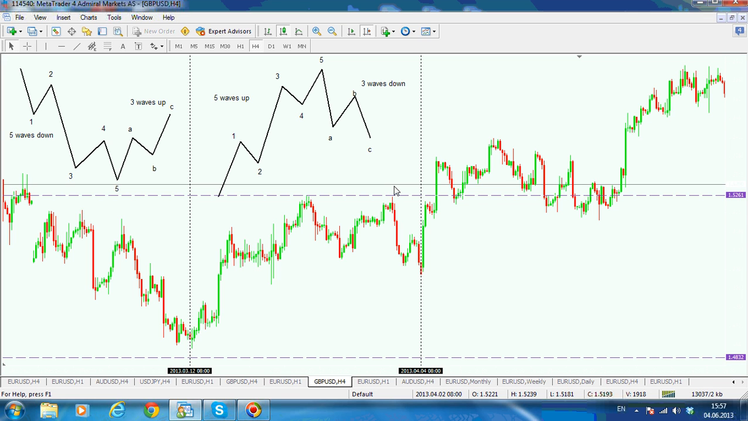Now, this was only the first recording from the first subchapter, and starting with the second one, we will try to look at different examples on the market, and what they mean, how to identify these 5 waves up and 3 waves